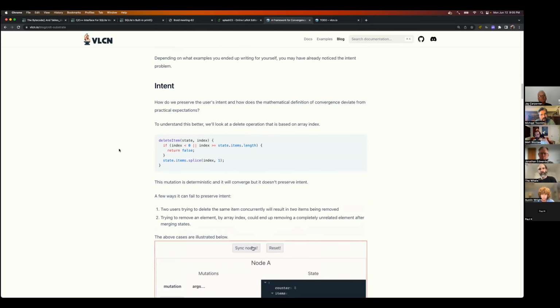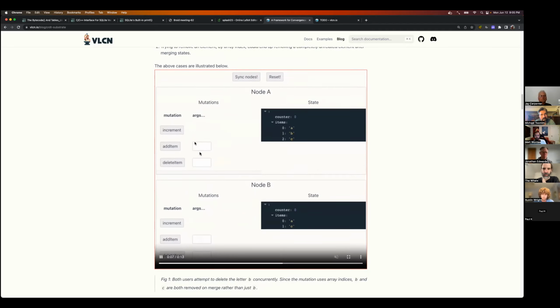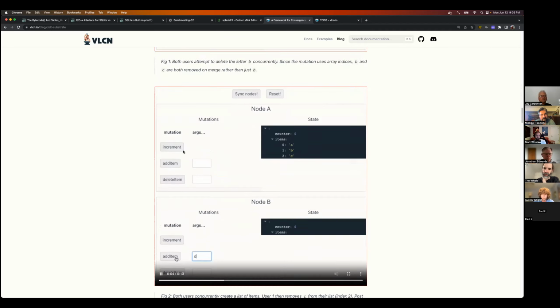So I guess identity becomes an issue, right? The developer has to still understand some things about CRDTs. If you're always removing at an index, when you merge, you know that index is unstable. Different items will be at that index after different merges. But I guess that's not super important.